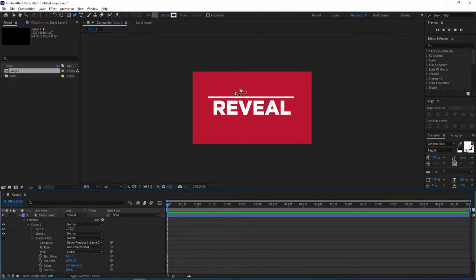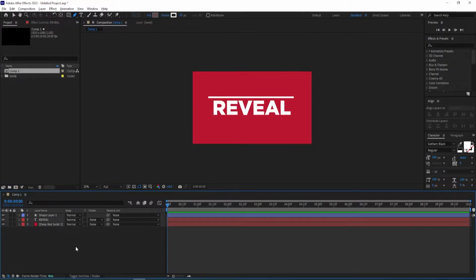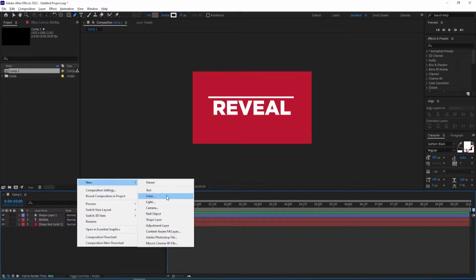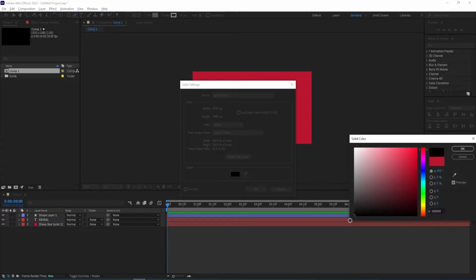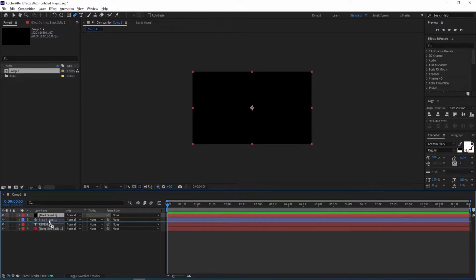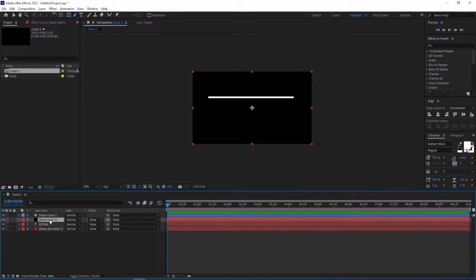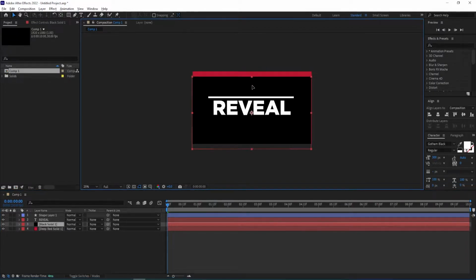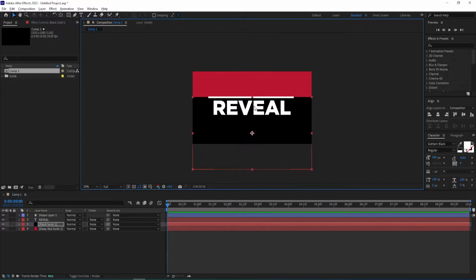So we got a straight line, we close the settings here, and then we create another solid. So right click, new, solid, and then I'll change the color of this to black. Click OK, and I'll move this down here. So I'll press V for selection tool and then click on it once, move it while holding shift to the center of the line here,